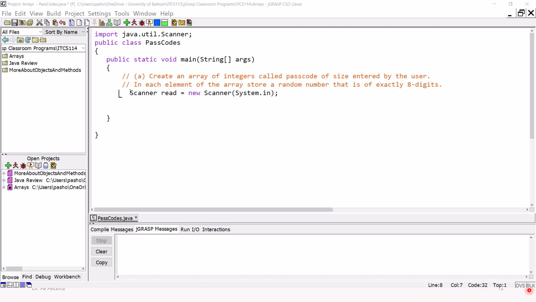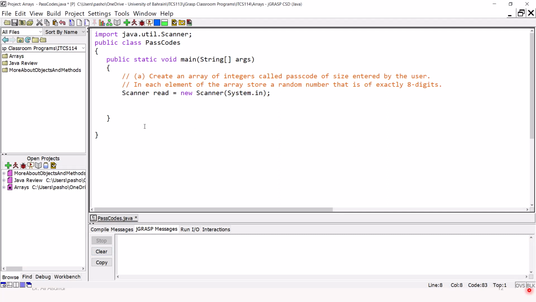We will solve this exercise using only one class that has only a main method, and if we need another method, we are going to define it in the same class. The name of the class is Passcodes, and we have the main method inside it. Since we are going to read the size of the array from the user, we need to import java.util.Scanner as well as create an object of the Scanner. First, we will ask the user about the size of the passcodes. We will display a message,